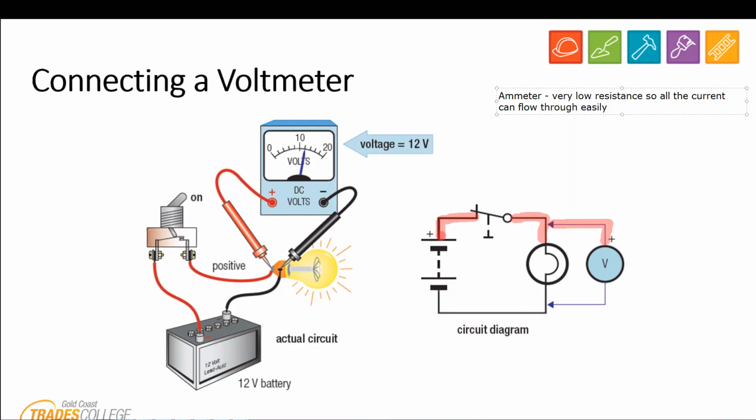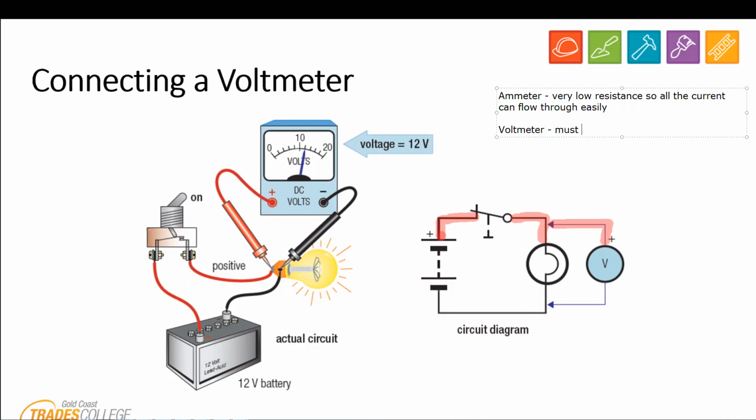All right, that's what we want the ammeter to do. We want it to be able to be connected in the circuit and the circuit doesn't notice. The current flows through, and that's what we want, okay? If the ammeter had a high resistance, then nothing could flow through it, then we wouldn't be able to test the circuit. All right, well, with a voltmeter